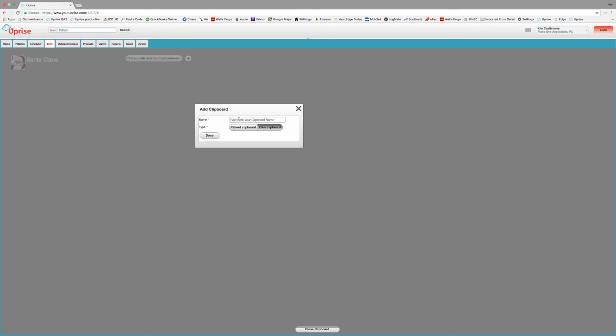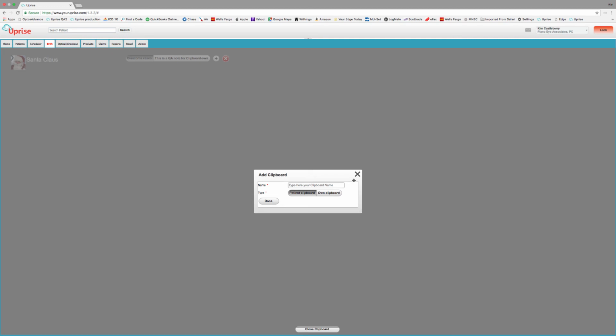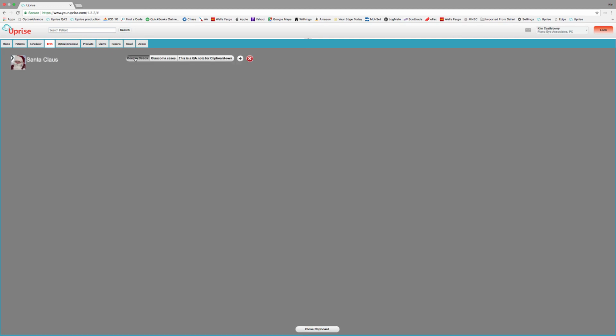So we might want to put a clipboard here for glaucoma cases. And we may want one for cornea cases. So when you're in an exam, you can actually select the clipboard option, and it will put whatever you select to the clipboard, it'll put it in whichever clipboard you ask it